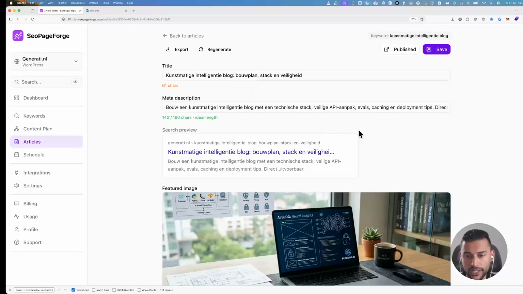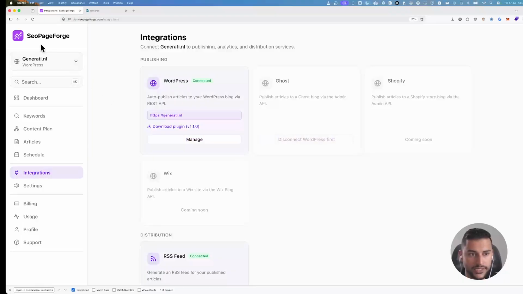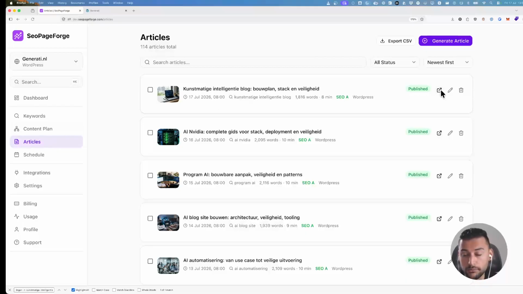So what can go wrong here? A lot of times I see my users quickly integrate their SeoPageForge website with their WordPress. Then they go straight into generating articles and publishing them. Afterwards they find out that their permalink settings are incorrect. They will then fix their permalink settings, which makes the URLs for their posts become mutated. So it will be a different URL now, which means that the URL that SeoPageForge saved when it published